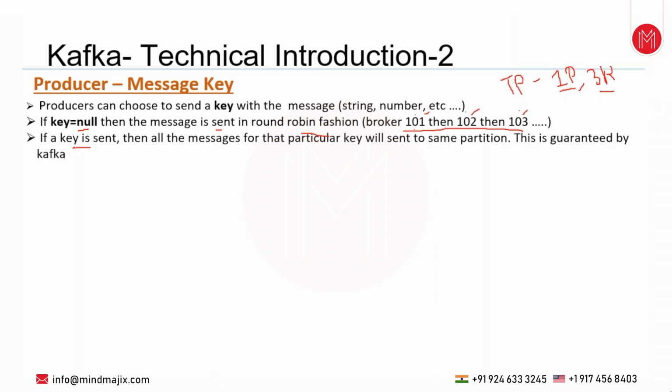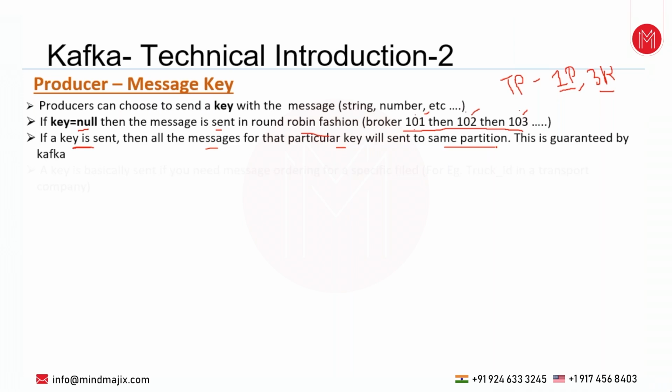So if a key is sent, for example, if a producer is sending a message with a key, then all the messages of that particular key will be sent to the same partition. It will never go to another partition. This is guaranteed in Kafka. For example,